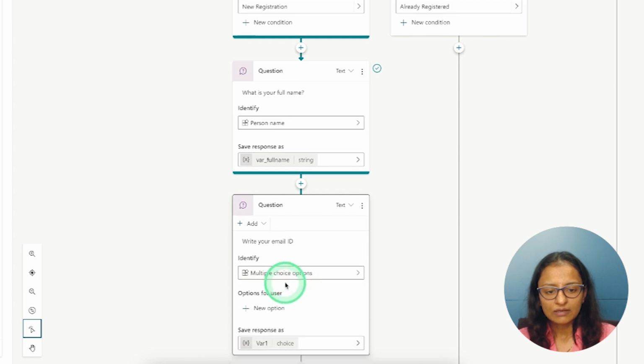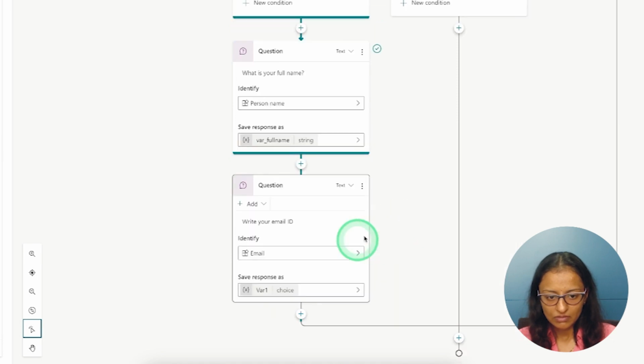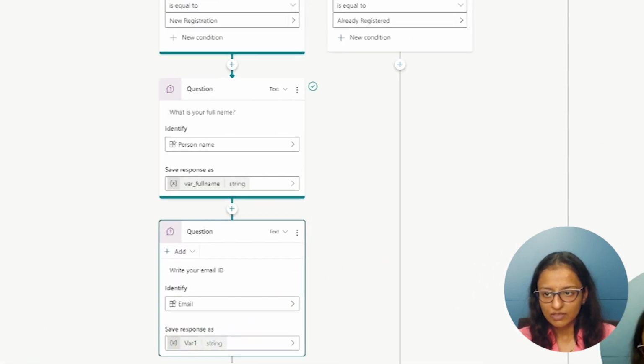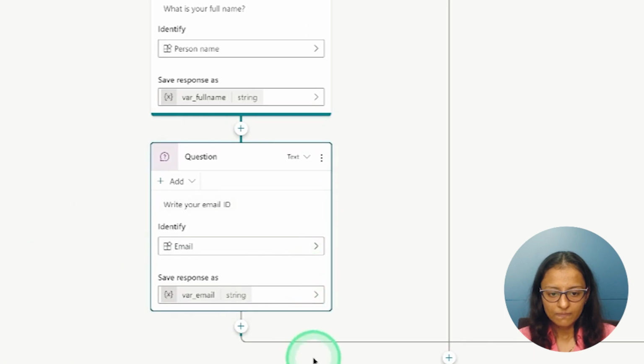Then I need to select email from this list, and in that variable I'm storing, the name of the variable is variable email.